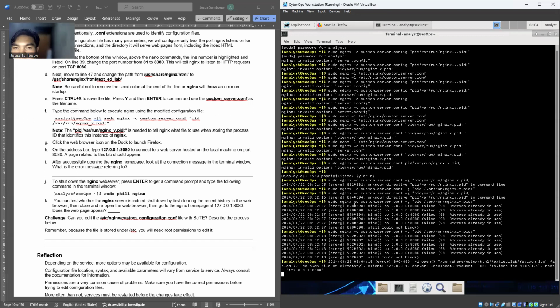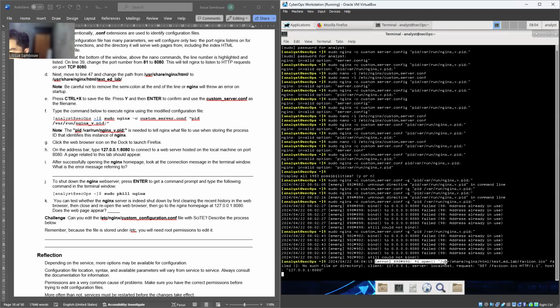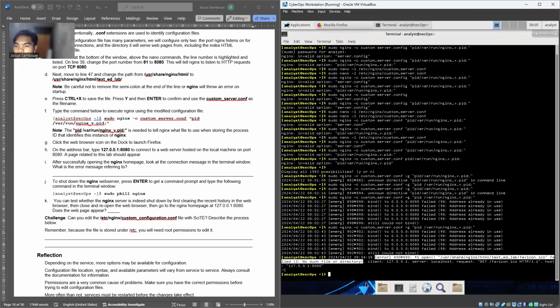What is the error message referring to? The error message is this one. How to copy? It cannot be copied.